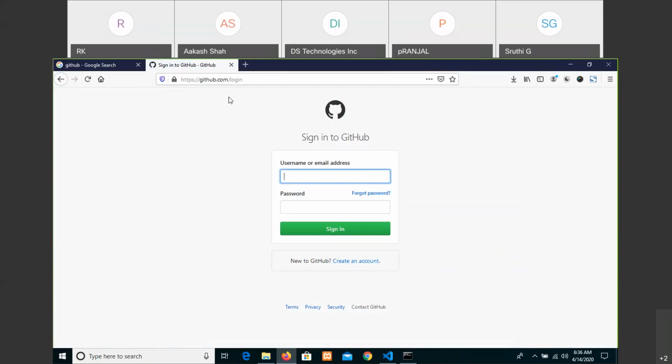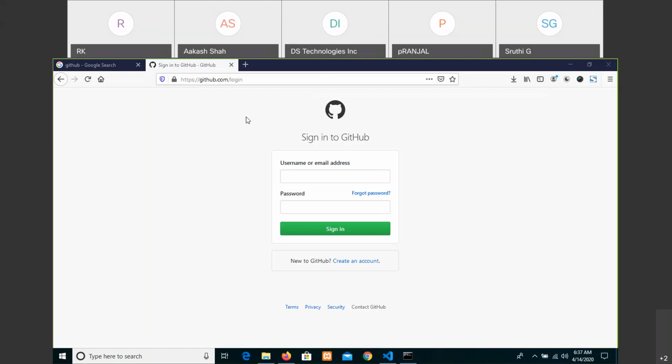There will be an upload function. I will show that later, and then you upload your project folder. Once you have uploaded, you can share. I will let you know all these points later.